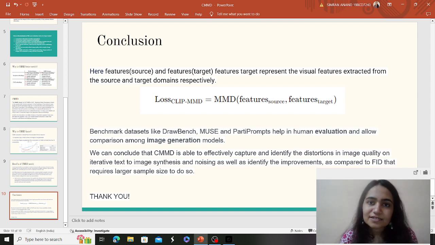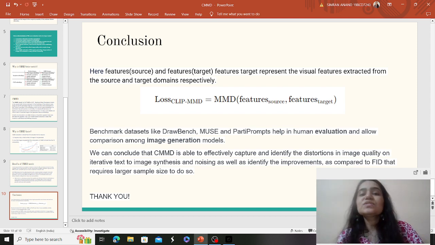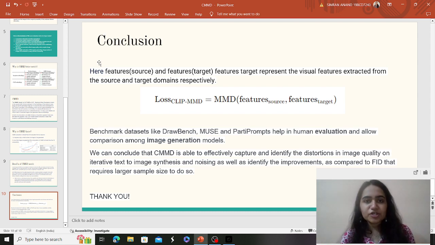How are features extracted from the image? Features are extracted using the embeddings, what we were just talking about, right? The Inception v3 embeddings of the real image and the features of the generated image. The features are going to be compared. The distance between the features is what is going to be computed.